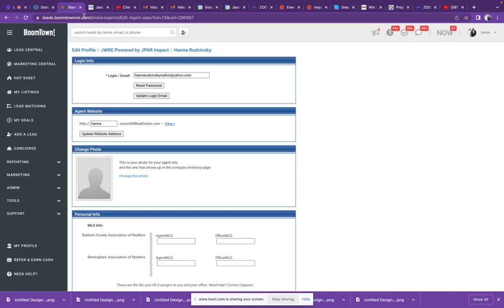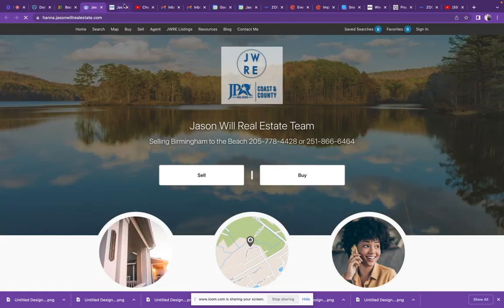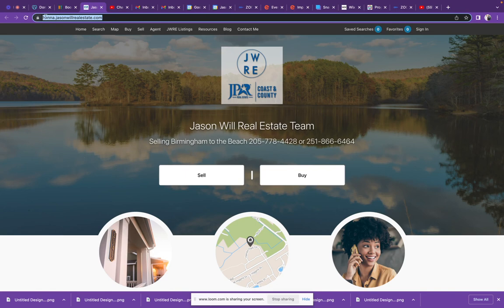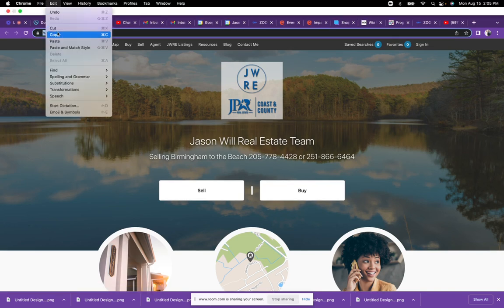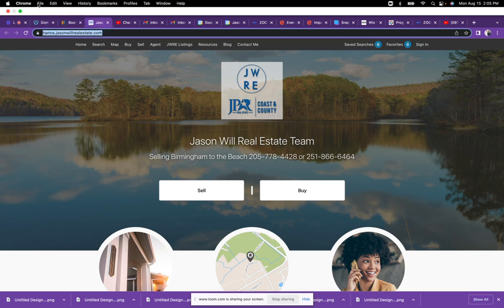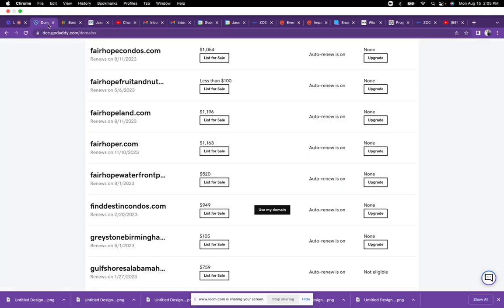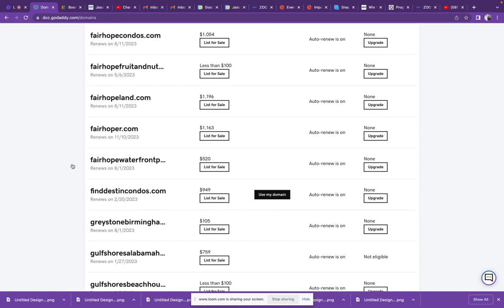So if you were to log into your Boomtown account, you could launch your website here. This is going to give you the address. This is the address you're going to be forwarding to. So let's copy that. You need to be logged into your GoDaddy account, and I'm just going to find, for